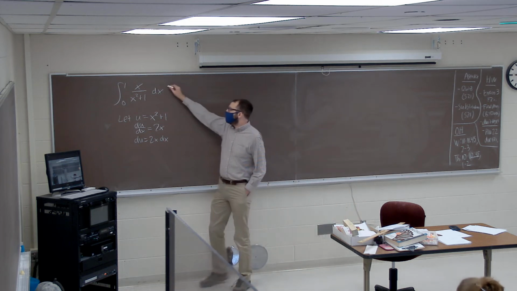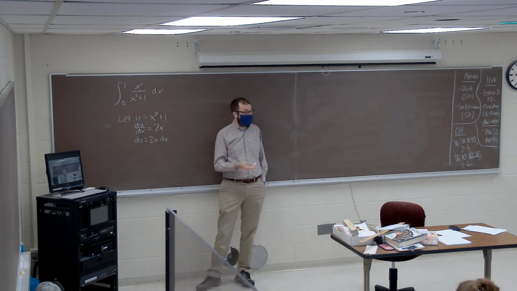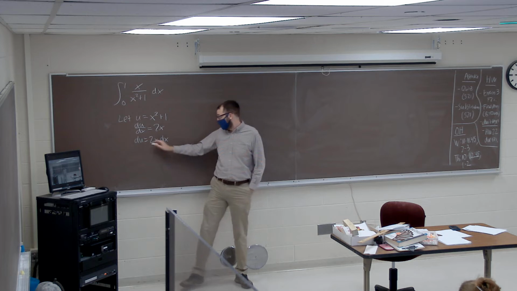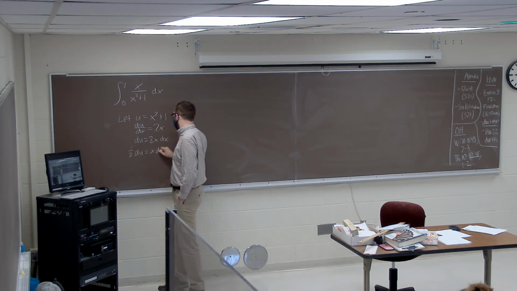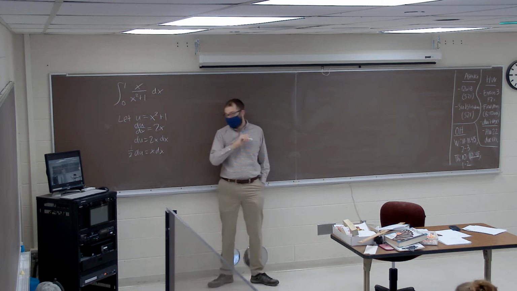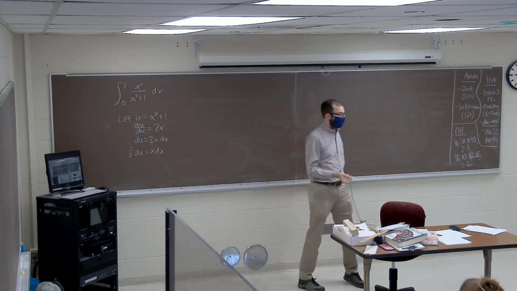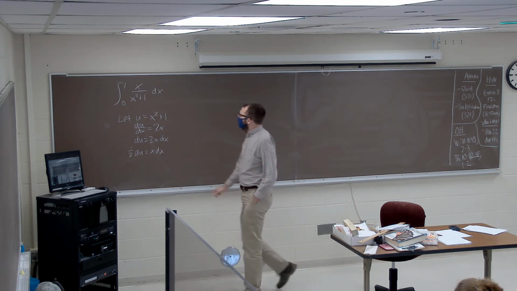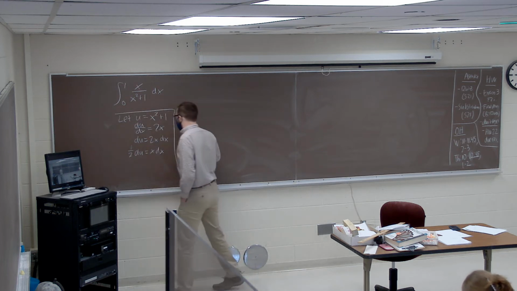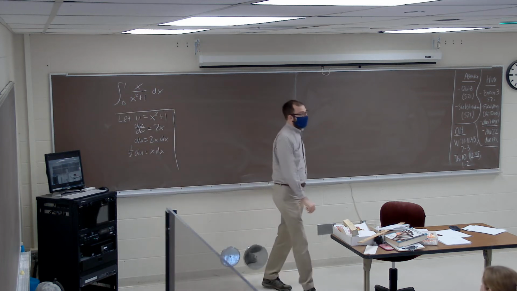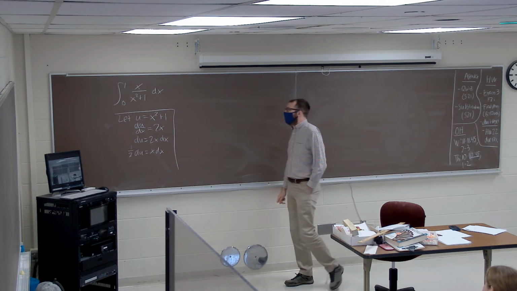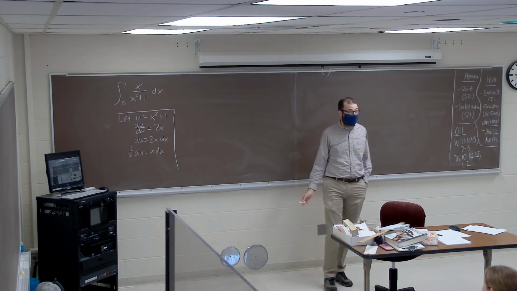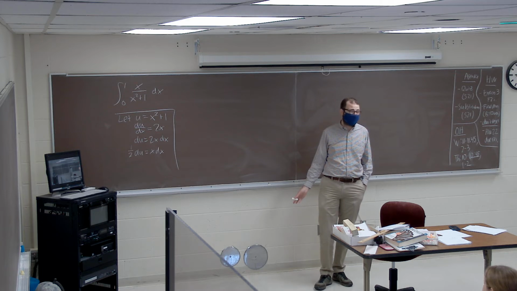Since we have an x dx and not a 2x dx, we can divide both sides of this expression by 2. That tells us that we can replace our x dx up here in the numerator with a 1/2 du. I like it. Yeah, so if this is an indefinite integral, from here we would just plug in and get something like 1/2 times 1 over u, integrate that, get 1/2 natural log absolute value of u or something.